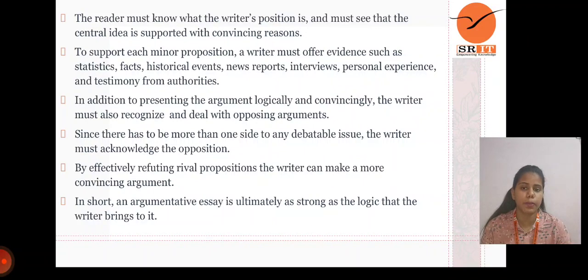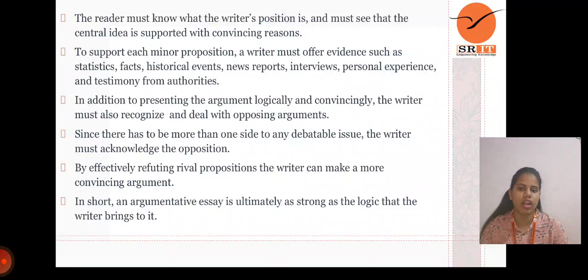In addition to presenting the argument logically and convincingly, the writer must also recognize and deal with the opposing arguments. Since there has to be more than one side to a debatable issue, the writer must acknowledge the opposition but effectively refute opposing positions. The writer can then make a more convincing argument.